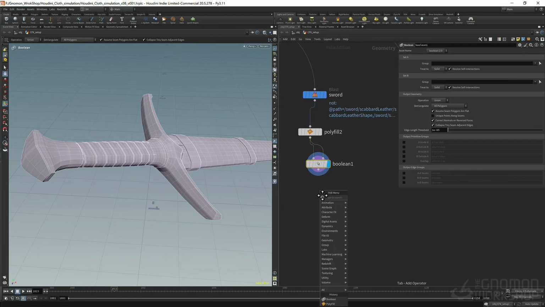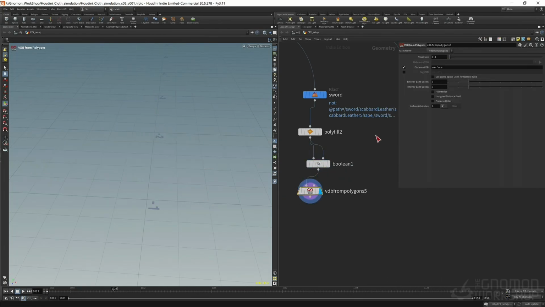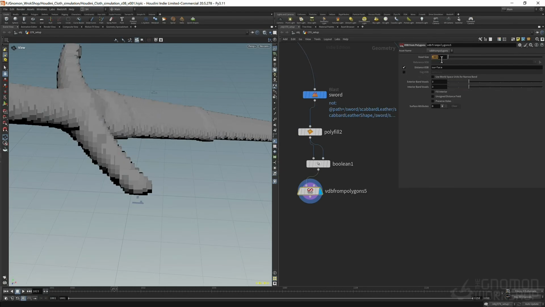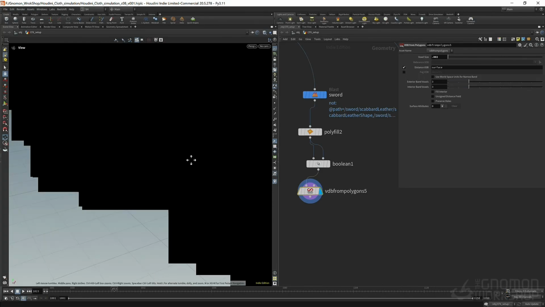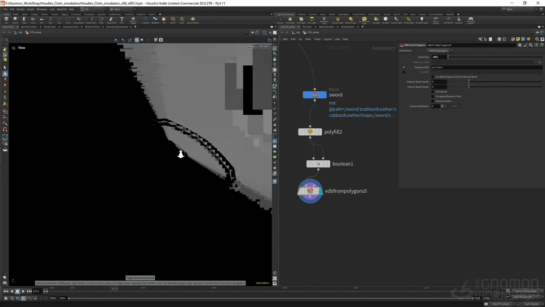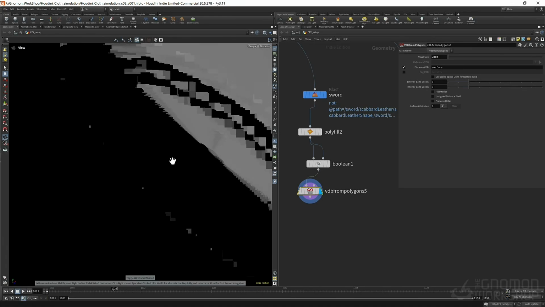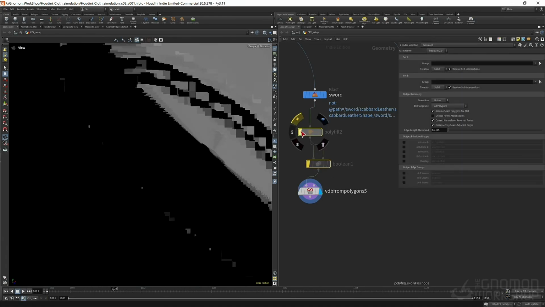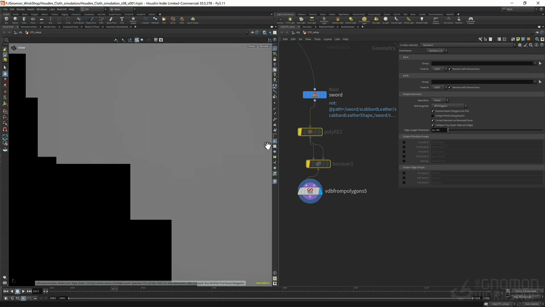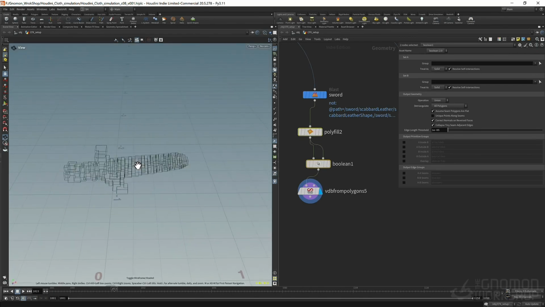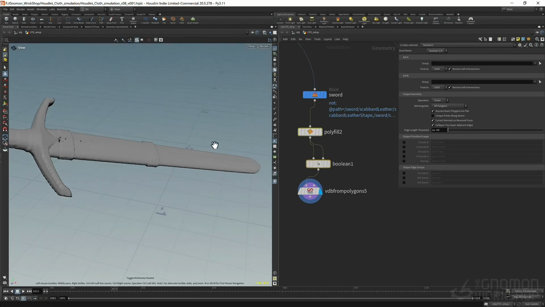So when we add a VDB, okay, this is looking good, and now we have it empty from inside. If we kill this, we have multiple objects, and this is not looking good for the simulation. So we make sure we have one uniform closed object,